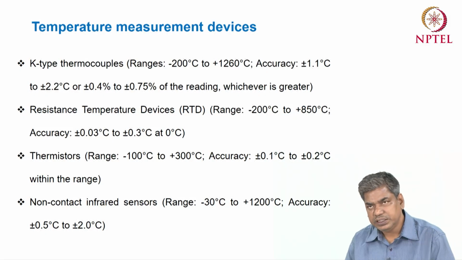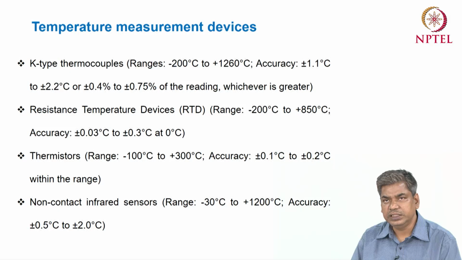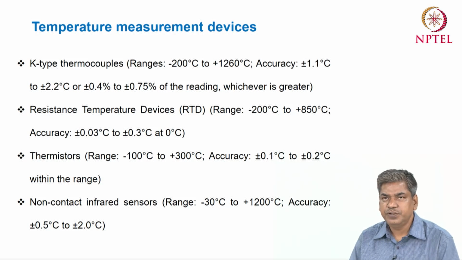So for both cases resistance is measured, and based on that resistance we evaluate the temperature. But the basic difference between the RTD and thermistor is that although both are resistance-based temperature measurement devices, in case of RTD we use pure metal, and by using the pure metal we measure the resistance. But in case of thermistors we use alloys or semiconductors. So semiconductor is used in case of thermistor and pure metal is used in case of the RTD.